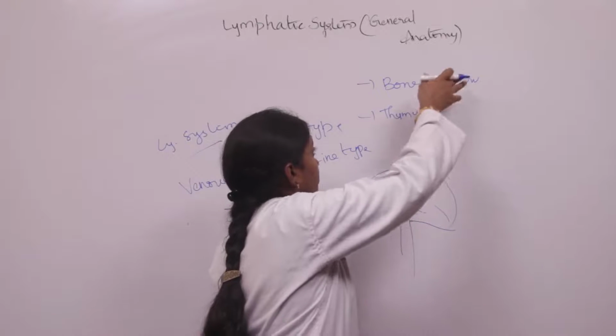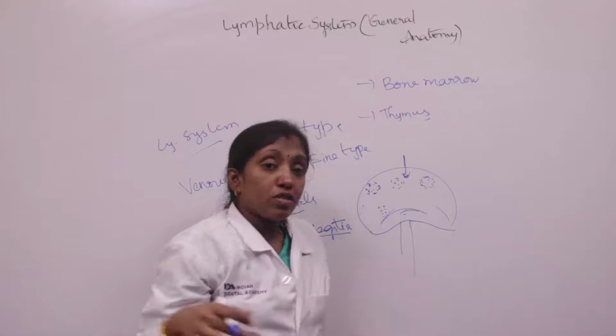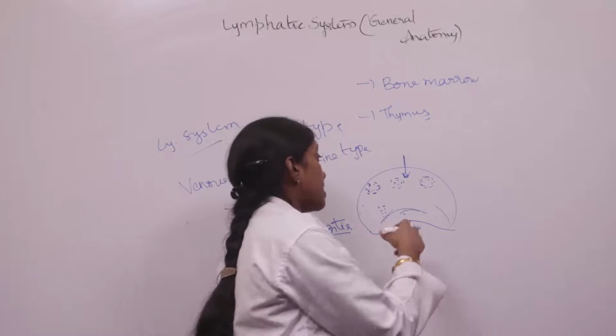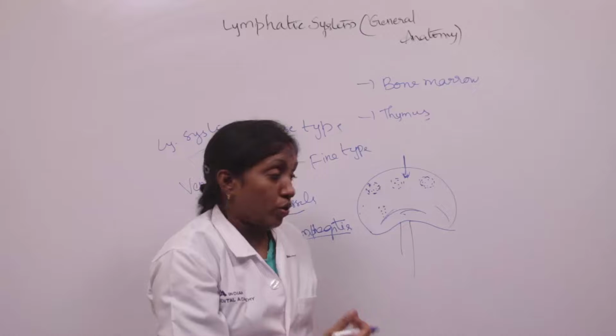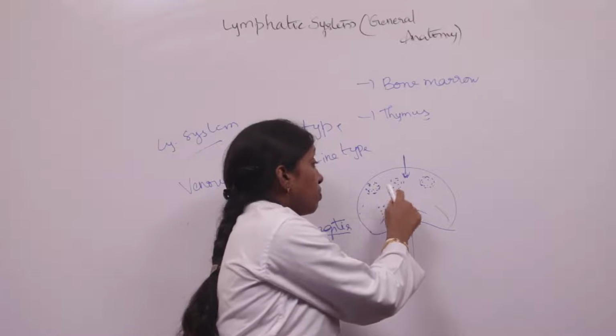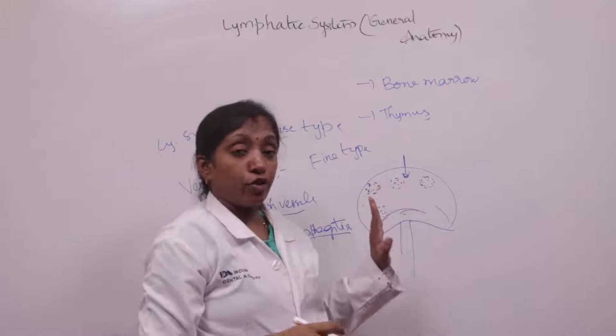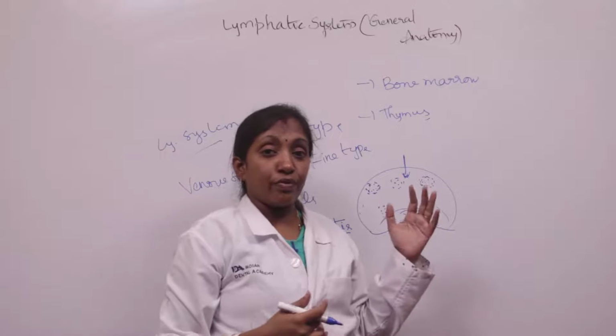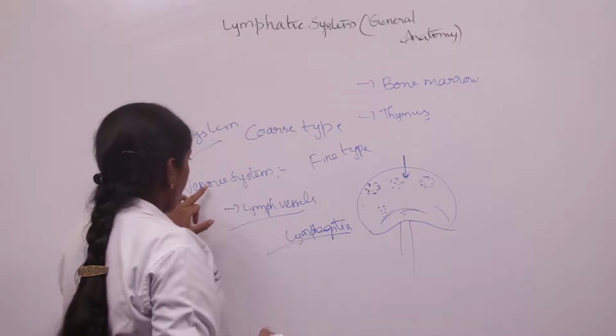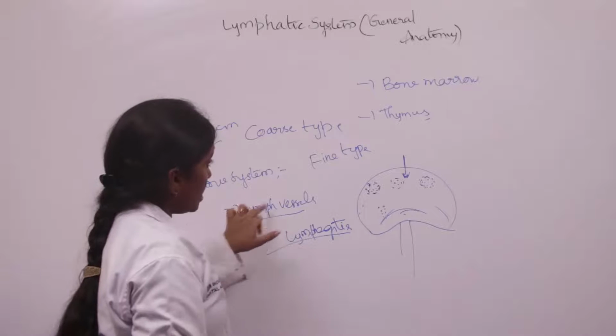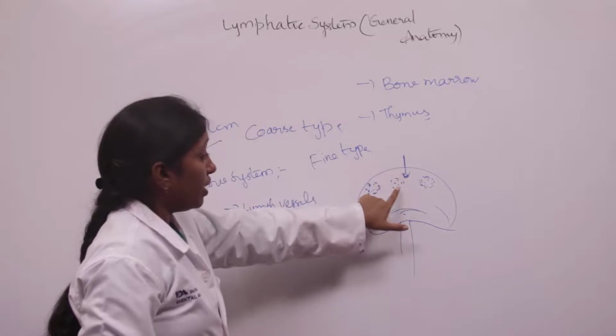And here the bone marrow and thymus produce lymphocytes, and these lymphocytes get matured in the spleen as well as the lymph node. Okay. And the afferent lymph vessels open into the cortex of the lymph node,